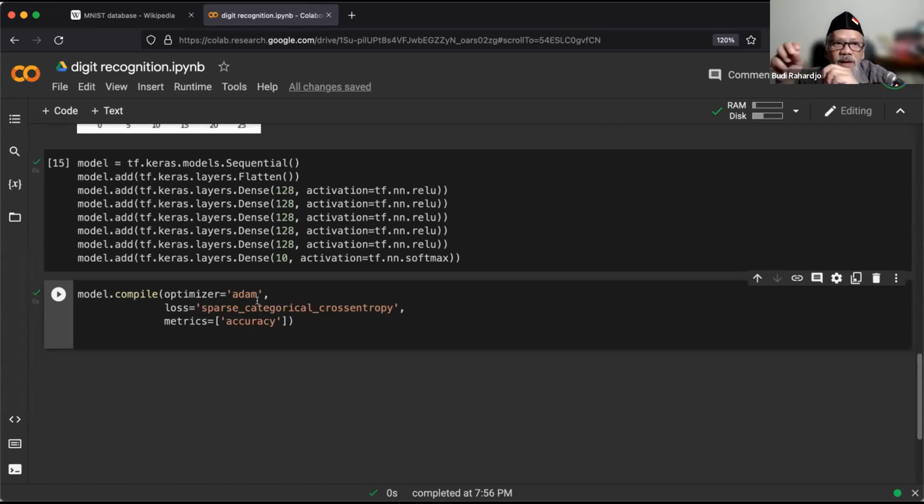Now, there are many ways to do it. Statistically, there's least squares, but this one they call sparse categorical cross entropy. In AI machine learning, we can do so many things. What we are going to do here is put things into categories. Within these 10 classes, which one is the perfect match? So we put this into one category. Given this image, that one is image 6. So that one is categorical.